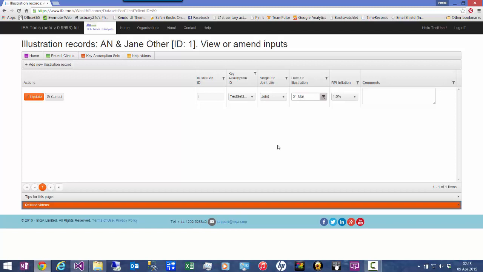and then the date at which this illustration is, I'm going to overtype, having tabbed to it, as 31 Mar 2015, and the retail price inflation assumption, that will have been set by default depending on this key assumption choice here, but I'm free to change it if I want to. The default value appears at the top after select rate. I'm going to leave it at this 1.5%, and it's quite useful to have comments to distinguish one illustration set from another. I'm going to now click the update button,